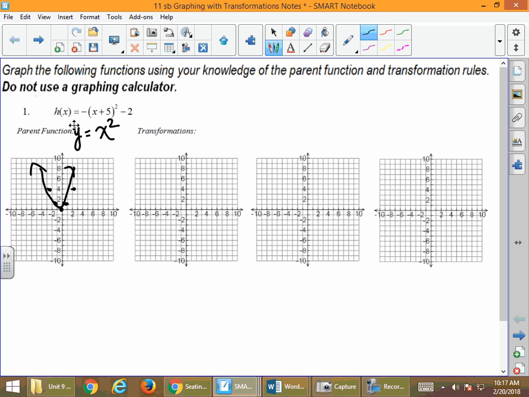But now, what does the negative in front of the function do to the function? And what it does is it reflects over the x-axis. Go in order. Read your equation left to right when you're doing these transformations. So we're going to do one at a time. So we're going to take our parent function here and